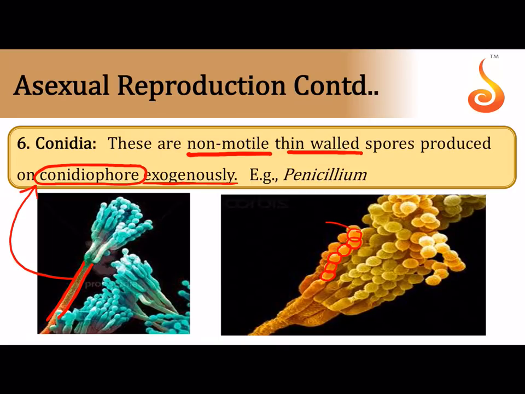And what happens to them? And each one, they get separated. And each one will germinate into a new fungus. This is seen in fungi alone. It is a unique feature of fungi. Did you understand? Once these chains of conidia are formed, like I've shown here, they disperse. And once they disperse, once they fall on a suitable substratum, they start giving out mycelium. They start giving out the tube-like structures which make up the fungal body, which is called hypha. And they organize into a new fungus. Example is penicillium.